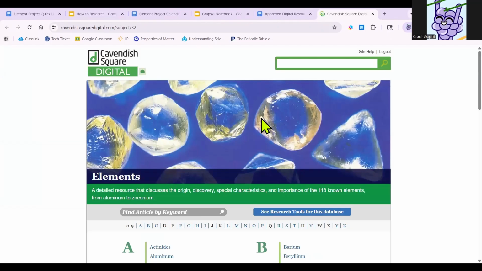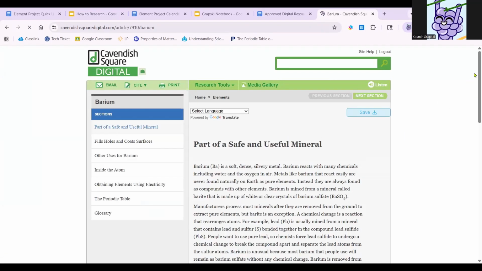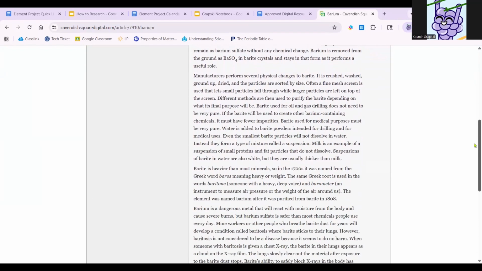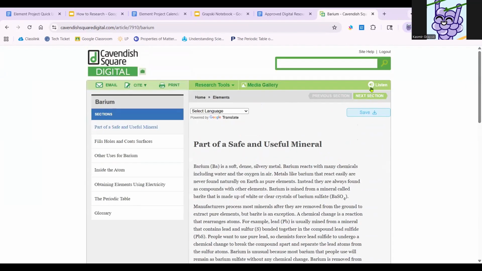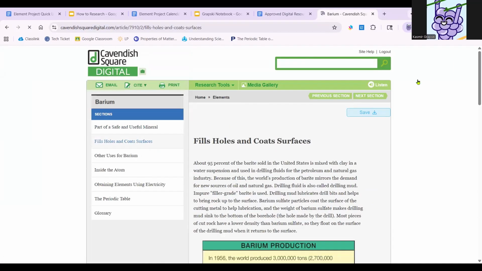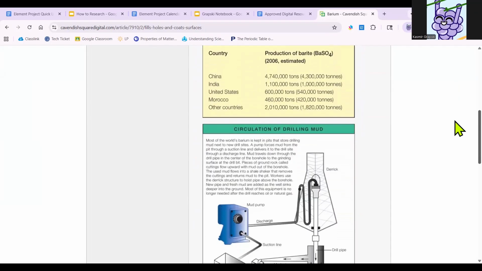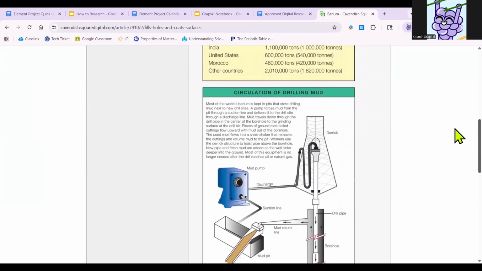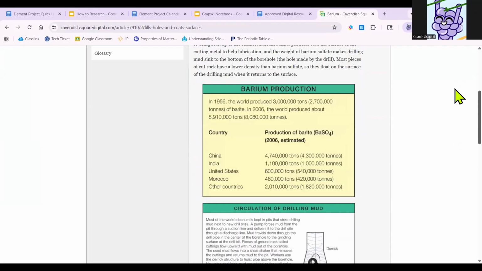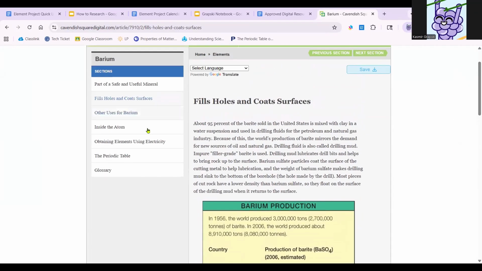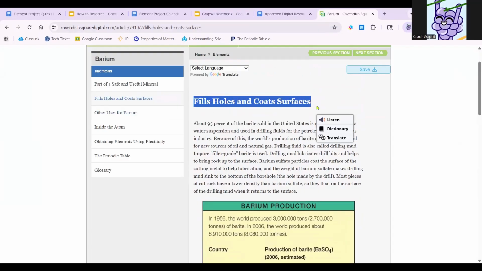Especially, let's see if it still logs me into Cavendish. There is so much information. So, since there is so much, you might want to do the listen feature and do your bolded notes while you're listening. Find any relevant information. So making sure that the information is important and is going to be helpful for your project, right? So fills holes and coats surfaces. This might be a perfect